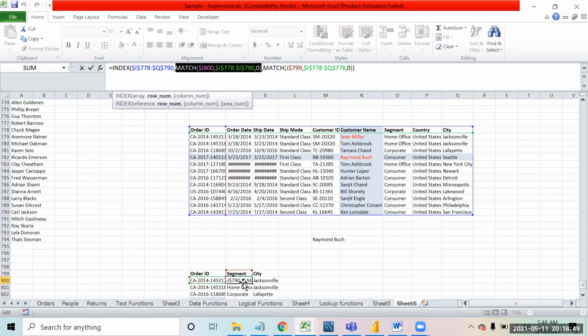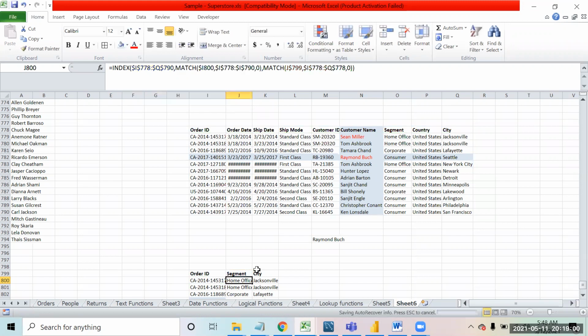That will create a problem because then it will start finding whatever value is there. So I don't have to change the row number. That is why I have frozen the row. And the reason I have not frozen the column is because I have pasted the formula on the right hand side as well. And in the right side, I had to find the city. So in that case, J should become K because now I have to find this value. While moving from left to right, the column changes. Column should change. So that is why I have not frozen the column.